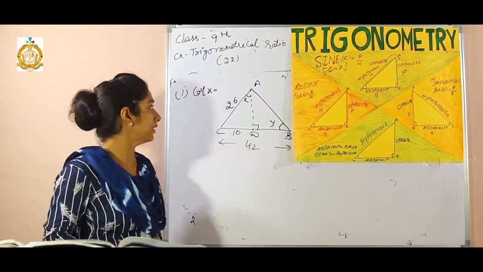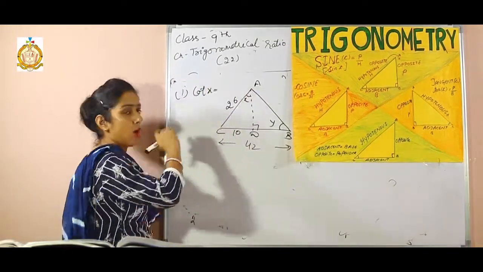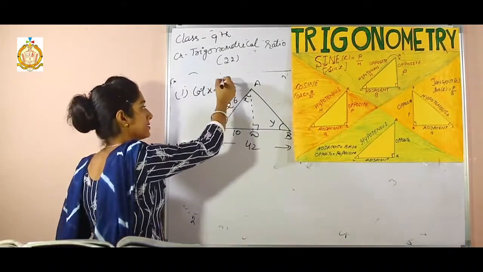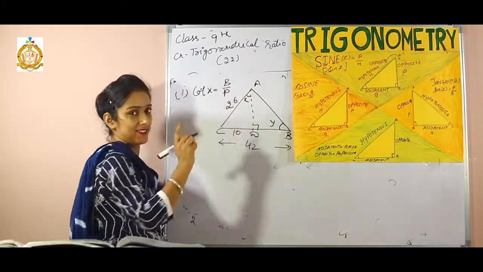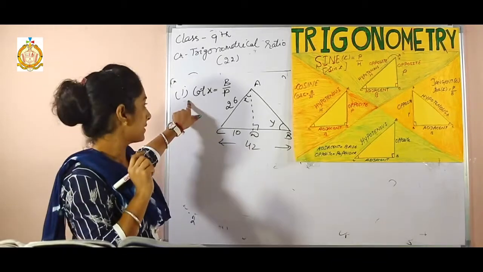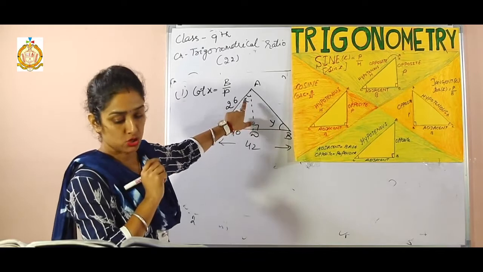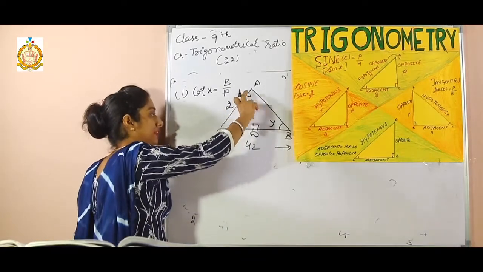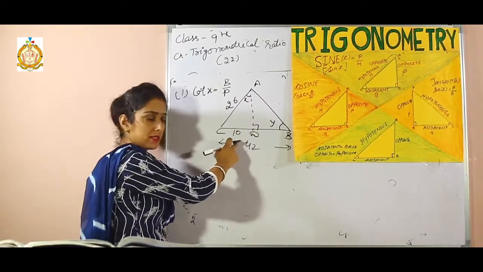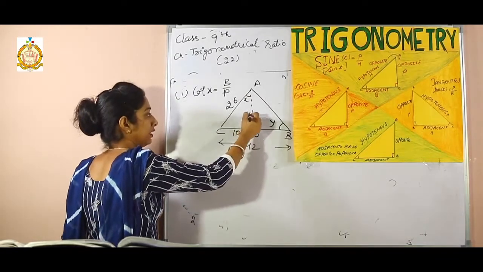Now we have to find a value of cot x, that is opposite to sin x, that is opposite to tan x, not a sin x. Now cot x is equal to b over p. We have to find the value of x. So first of all we have to find this square minus this square, that is a 24.